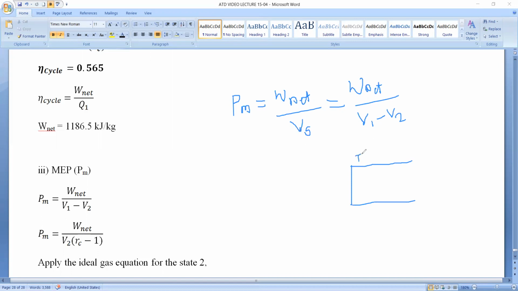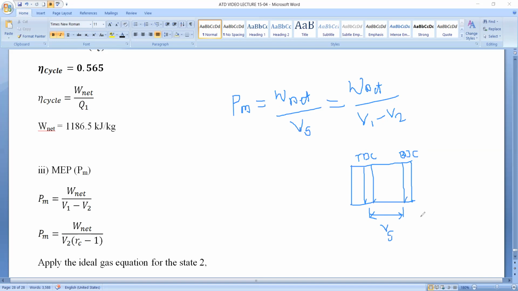The first one is top dead center, TDC, and the second one is bottom dead center, that is BDC. Now the piston will continuously move from top dead center to the bottom dead center. That is a reciprocation motion. Now the volume covered by the piston while moving from top dead center to bottom dead center, or bottom to top dead center, is called swept volume or stroke volume.